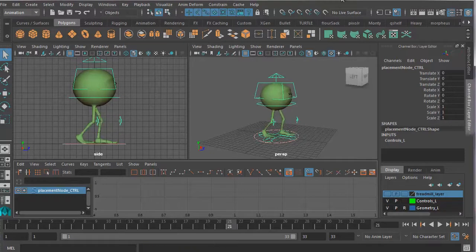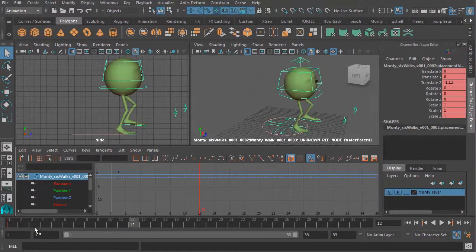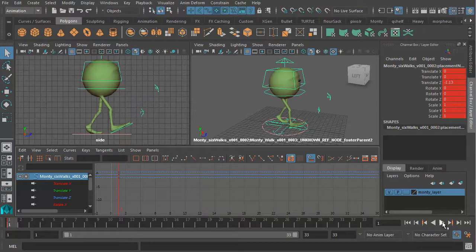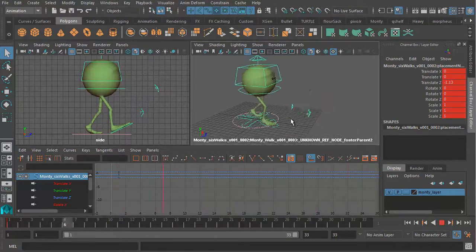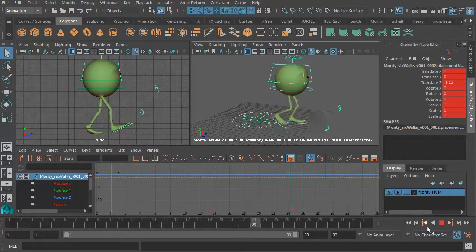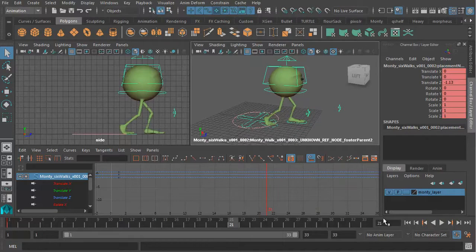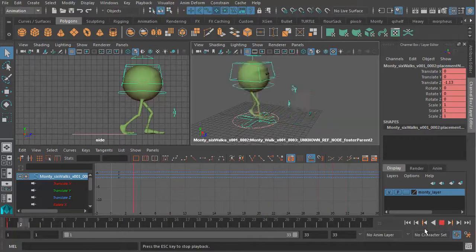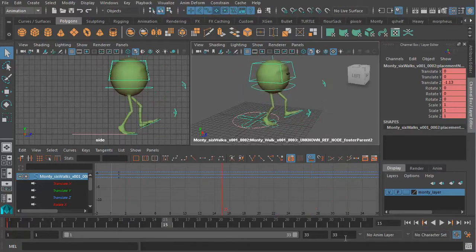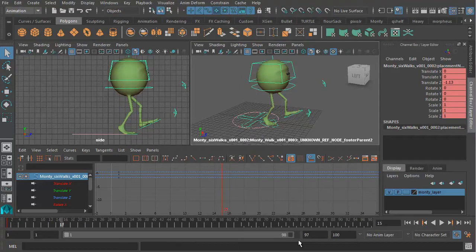Now, if you use the first method, where Monty is actually physically walking across the screen, you will not get feet slipping in your shot. However, that's the only advantage of this work method, because the big problem with this as a means of working is if we want Monty to take more steps, let's say we take this up to frame 100, and we decide that we want the shot to keep going,